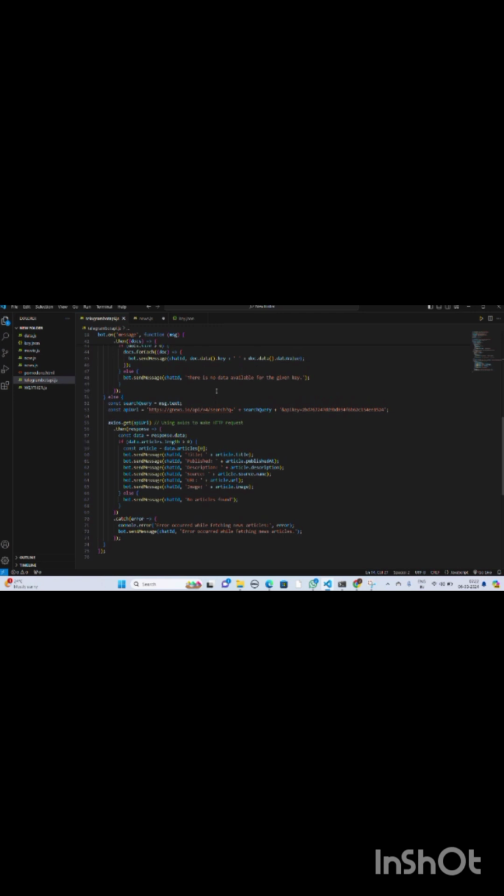And if you want to retrieve the data, if we give get as a starting word, it has to give us the data. If there is no data available, then it shows the message: there is no data available for the given key.